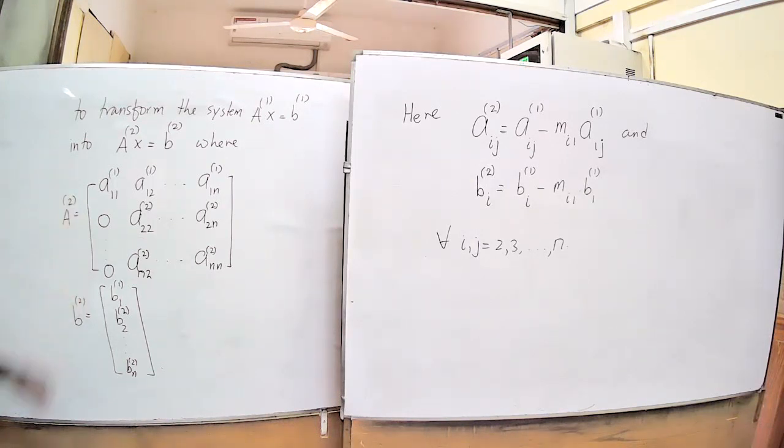In the first step, you have eliminated all the terms below the diagonal on the first column. In the second step, you do the same thing for the second column. Third step, you do it for the third column. And you continue doing that until you get an upper triangular matrix. But just like that, you cannot say it by word. You have to prove it by mathematical induction. So let us prove it by mathematical induction.